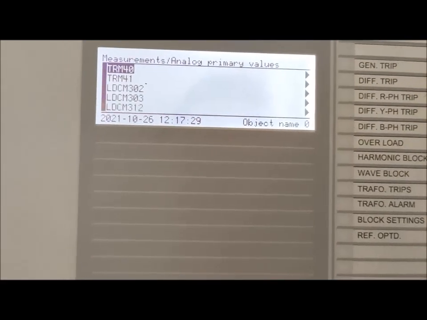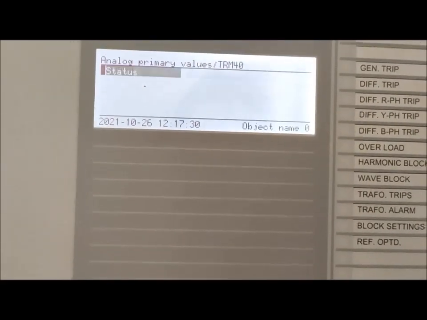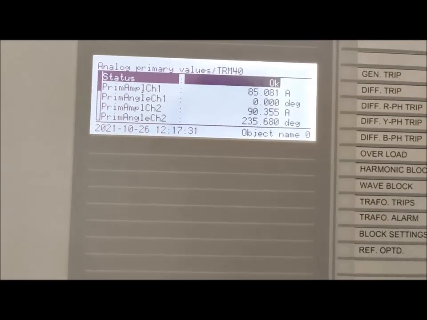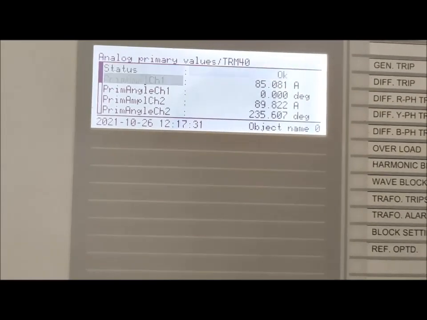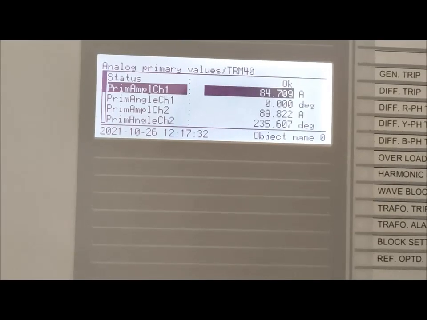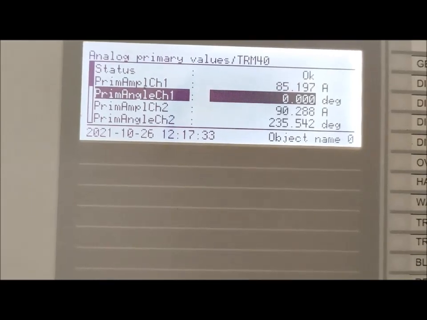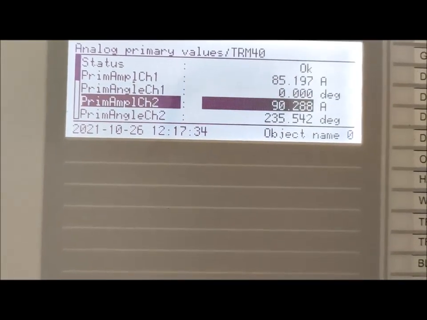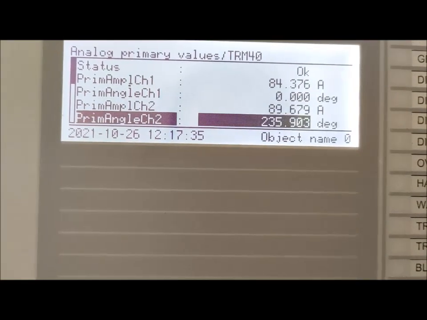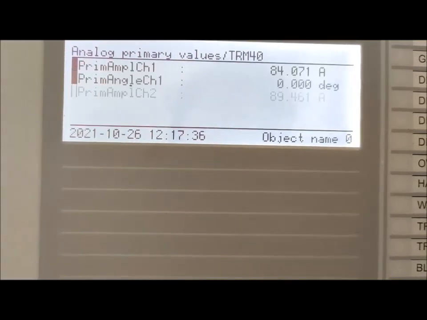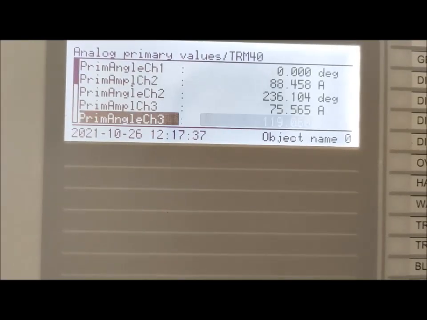In the analog primary values, in the TRM40 menu, you can get the values of the primary and LV side current. Here HV side current is for channel 1, channel 2 and channel 3 for red, yellow and blue phase respectively. Channel 1 is the red phase current, 84 ampere and angle 0 degree, and for channel 2, the yellow phase current is 90 ampere and angle is 235 degree. Next, channel 3 is the blue phase current, 76 ampere and angle is